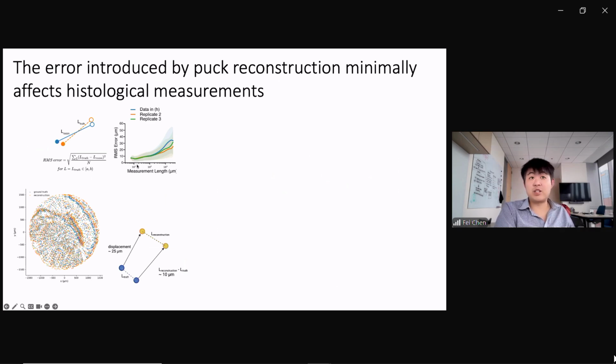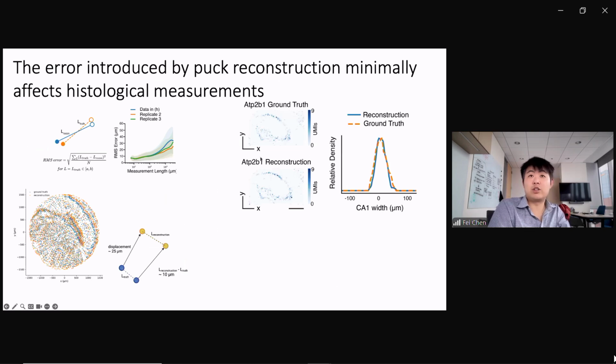As a function of measurement length, the error in the reconstruction starts out at about 10 microns. You can't really do better than 10 microns because the size of the bead is 10 microns. And it is maximum at 20 to 30 microns. It's about 2 to 3% of the measurement length, actually. And what this means is that the data is virtually indistinguishable in this reconstruction approach.